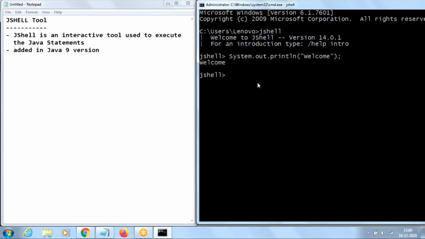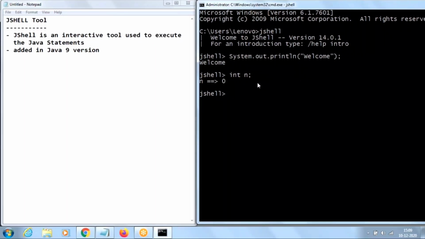And in the previous videos, we have seen about default values. Whenever you take any variable in Java, it goes with the default value if you are not giving any value to that variable. For example, if I say int n, the default value for integer is 0. By using this JShell tool, without writing any Java program like creating a class with a main method, typing the code, compiling and running, instead of doing these many steps, we can just open this JShell tool and check whether the learning we are doing is correct or wrong.